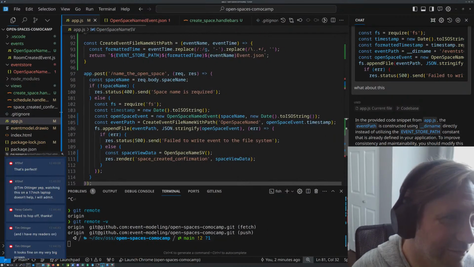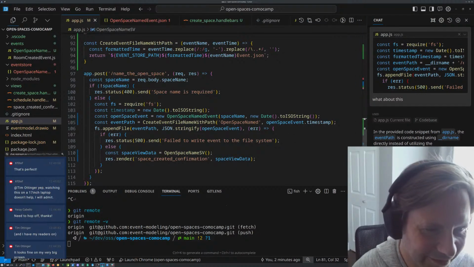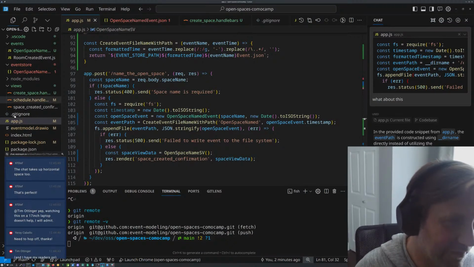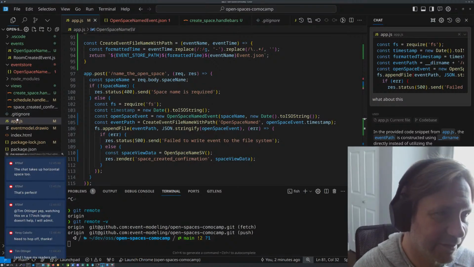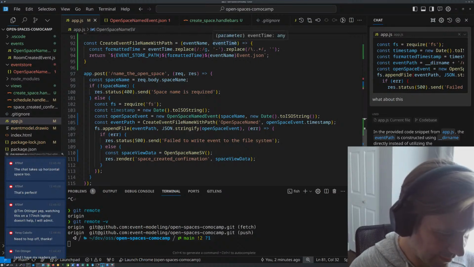Let's at least shrink that a bit, some of the chat, just so you can see. The chat takes up horizontal space. Well, that's okay. This one is just file names, so we're really focusing on a couple of files at a time. So it's not that bad.